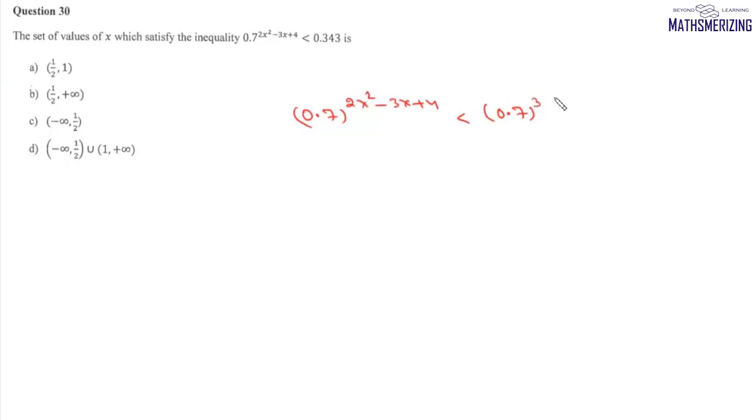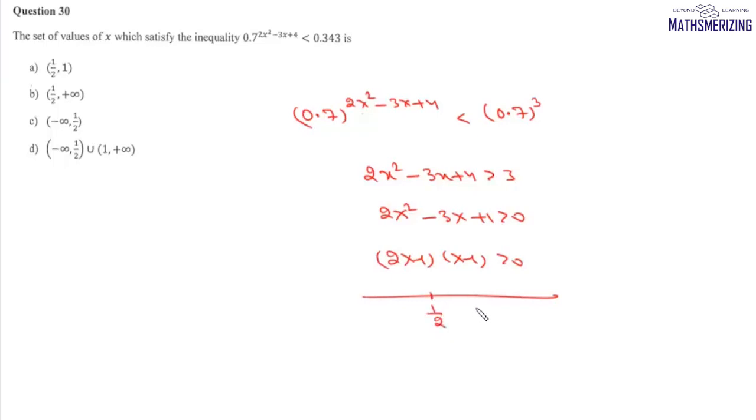Now we know that when the number lies between 0 and 1, as the power increases, the value decreases. So that means this 0.7 to the power 2x square minus 3x plus 4 will be less than 0.7 to the power 3 if 2x square minus 3x plus 4 is greater than 3. So from here we can write 2x square minus 3x plus 1 should be greater than 0. So it will be (2x minus 1)(x minus 1) greater than 0. So we'll get the roots as 1 by 2 and 1, and the signs are plus, minus and plus, and we need plus. So the value of x is either less than 1 by 2 or greater than 1,